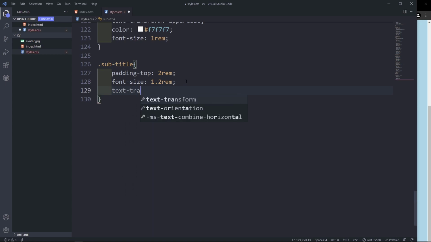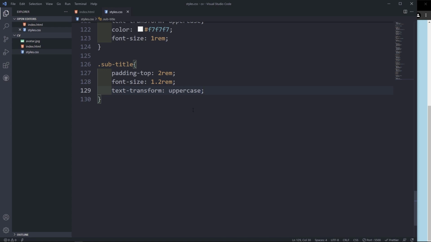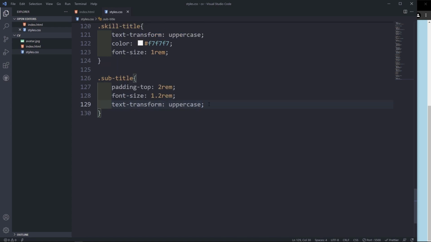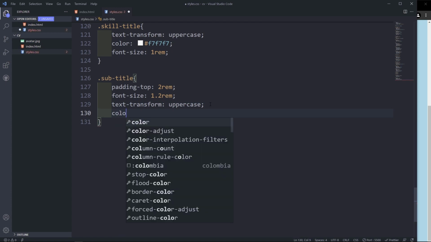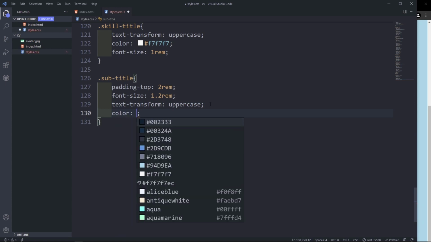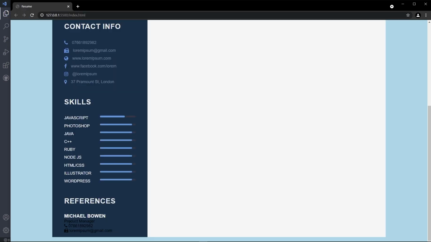Text transform, uppercase. The color, let's try this one. Yeah, the color. And then product manager,